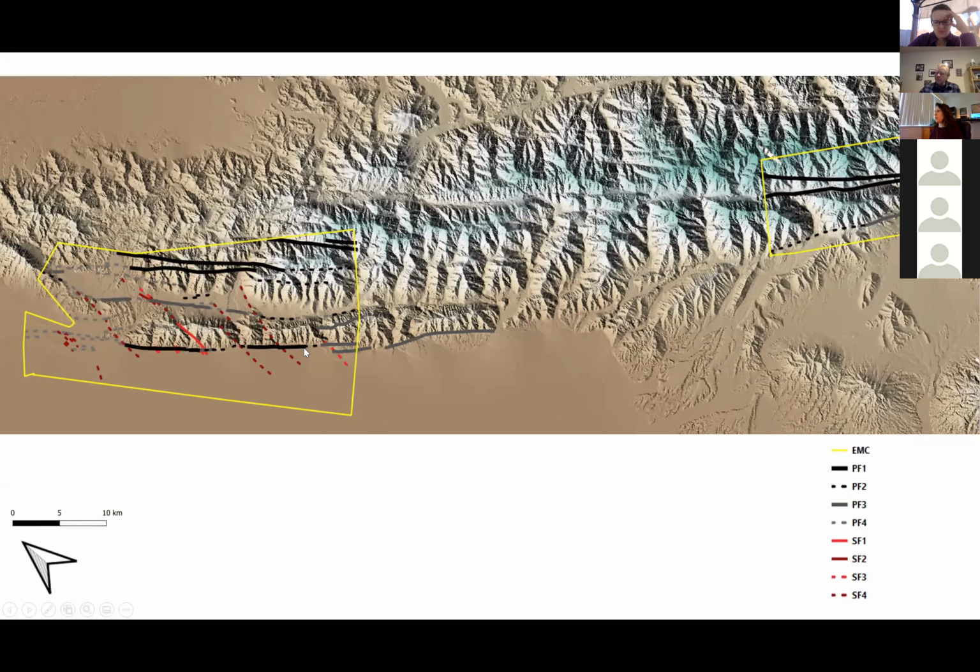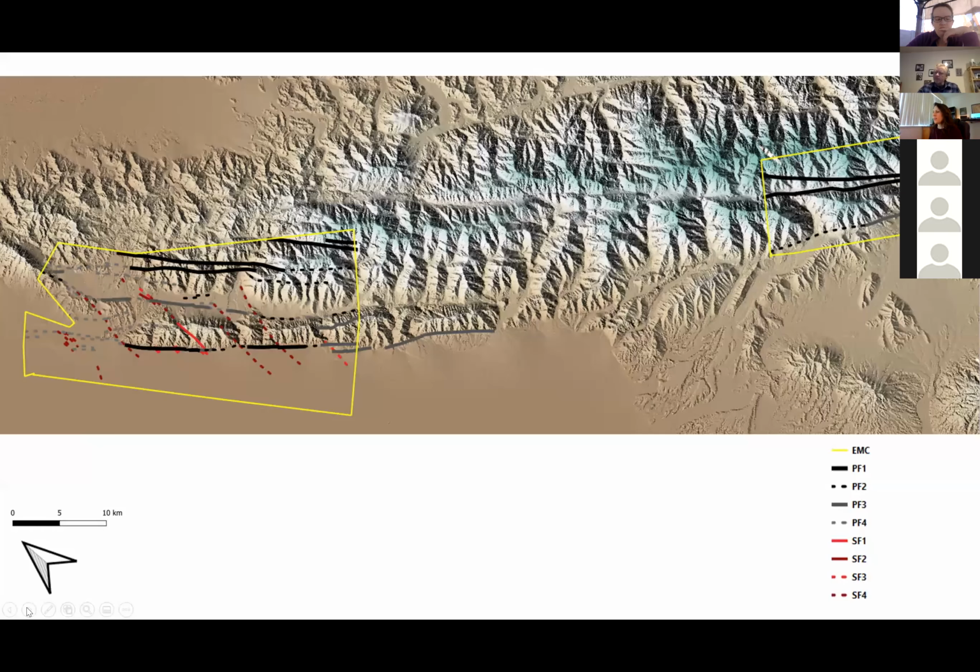This really striking feature I interpret as a strike slip fault running at the contact between the valley floor and this ridge, where I saw most of those deflected drainages and some potential markers of offset. So this is EMC, a really fun mapping area where I was able to spend some time on the geomorphic features, which really helped